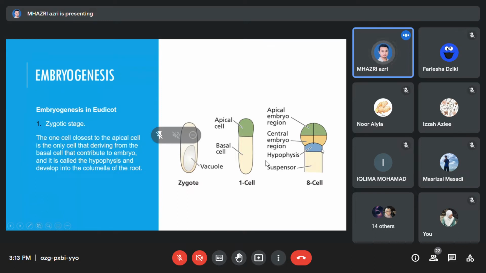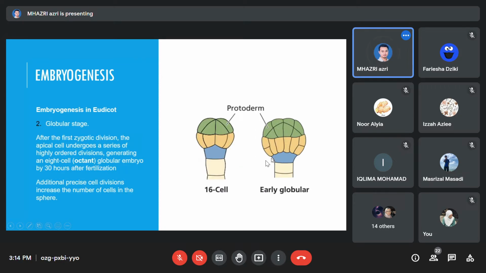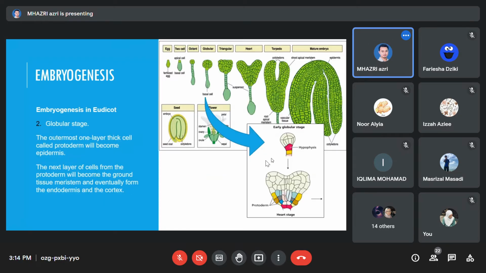Whereas the basal cells will produce one structure we call hypophysis. So hypophysis is the only structure from basal cells that will produce embryo. And then the outermost one layer thick cells, the next stage in globular stage, it will divide and produce one layer thick cells. These cells are called protoderms. Okay,